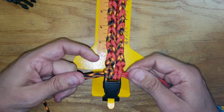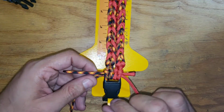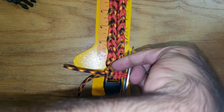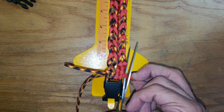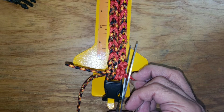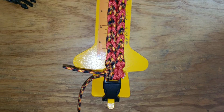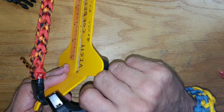Next, once you complete it, you want to cut. You want to make sure you have a little bit of slack, that way when you burn them, I'm going to start with that one first. Try not to burn your